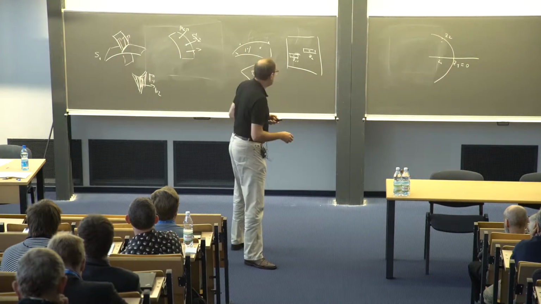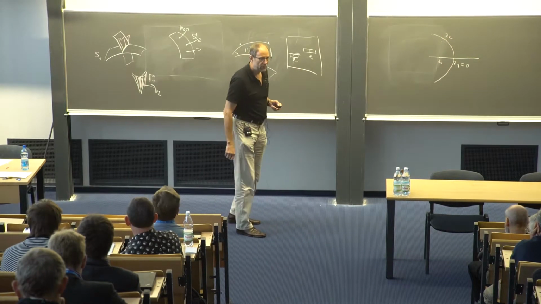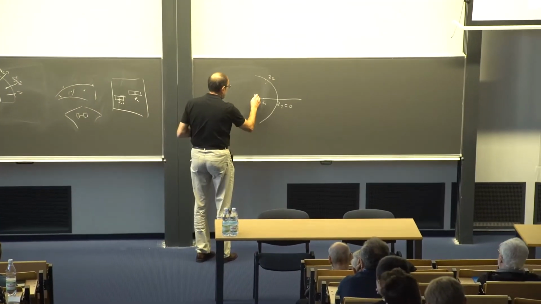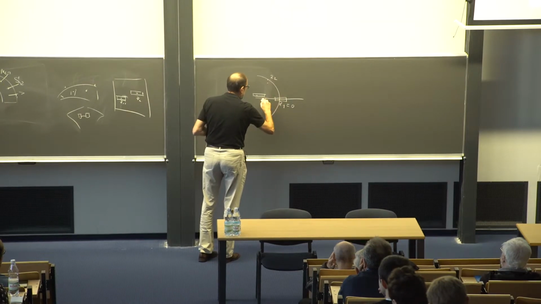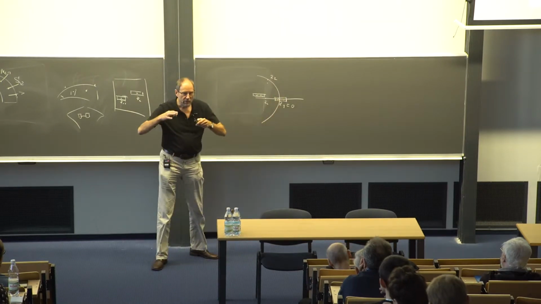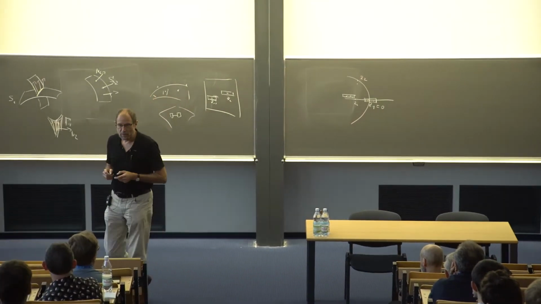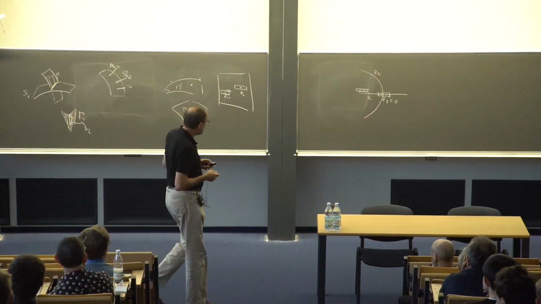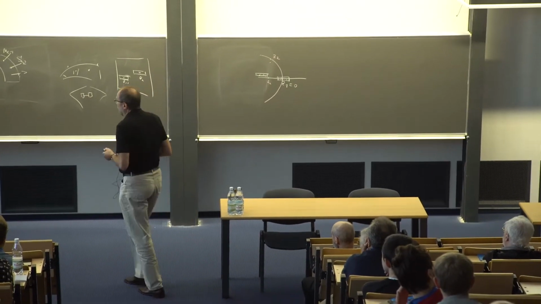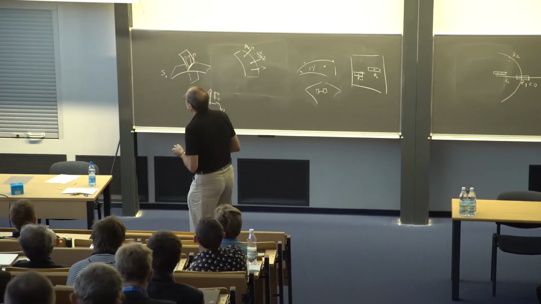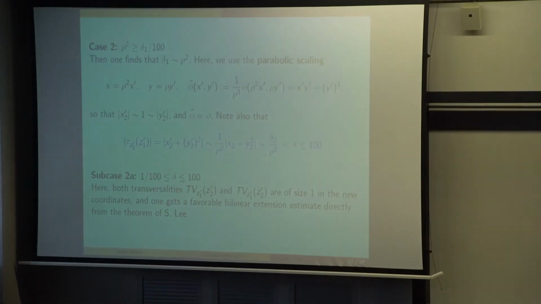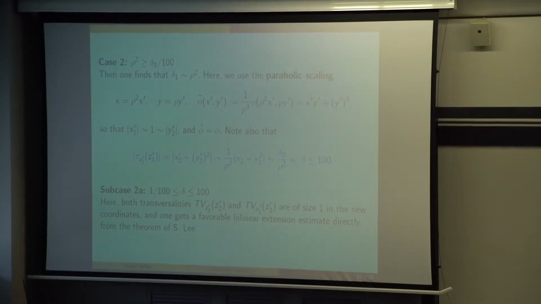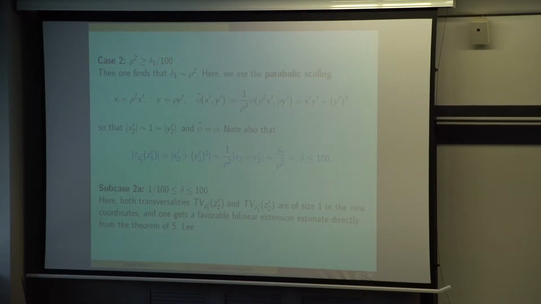And so again, you would sort of take rectangles to separate things. And that's something like if your point Z2 would be somewhere here, let's say you would take a long rectangle here and one here, and on those 2 rectangles you would basically have the same kind of transversality, right? So these are the kind of Whitney boxes which come up in the argument there. But the other case is if rho squared is much bigger than delta 1, let's say at least over 100. And that's a non-classical situation. In that case, it turns out delta 1 is of size rho squared, because again of this previous identity.